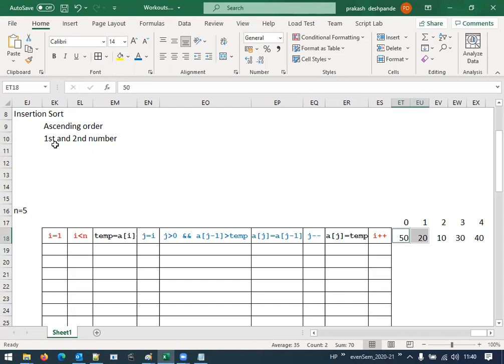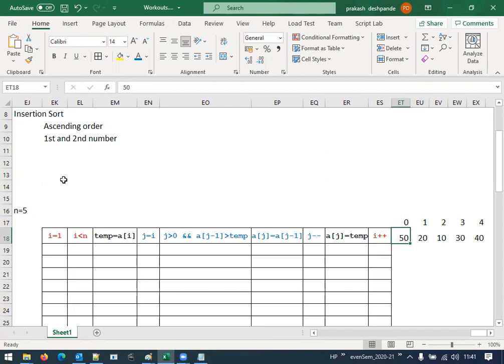Now here the goal is to identify the smallest number or the smaller number and keep on placing it on the left hand side. If you remember, students, in the previous concept where we studied the bubble sort, at every pass we try to identify the largest number and place it on the right hand side. But here it is a different way. The smallest number we keep on placing on the left side. So once we keep on the left side, we get sub arrays. You will come to know what actually a sub array is at the time of tracing.